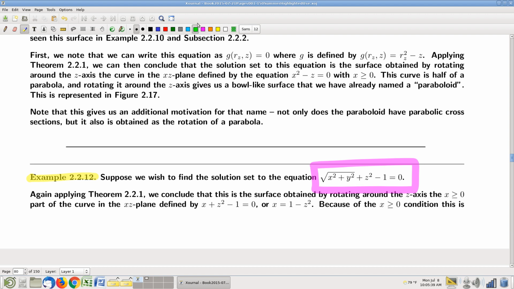First observation, x and y appear only as part of the special form. There's no stray x's. There's no stray y's. There's not like an e to the y hanging out somewhere, right? X and y appear only as part of the special form. I quote my theorem. This is rotationally symmetric around the z-axis. I just need to look at the cross-section in a half plane. In that half plane,